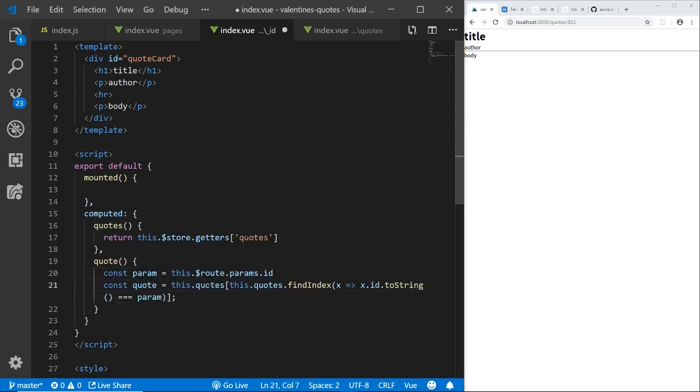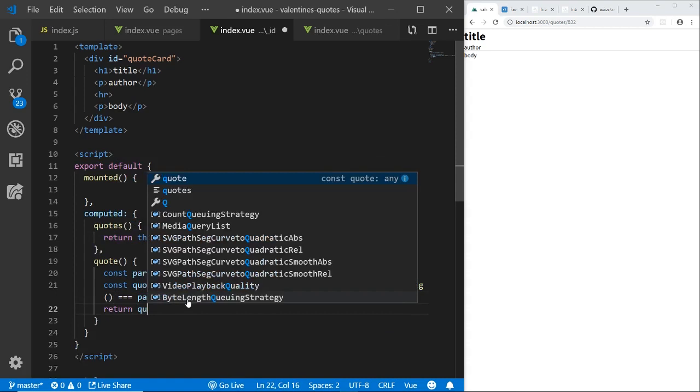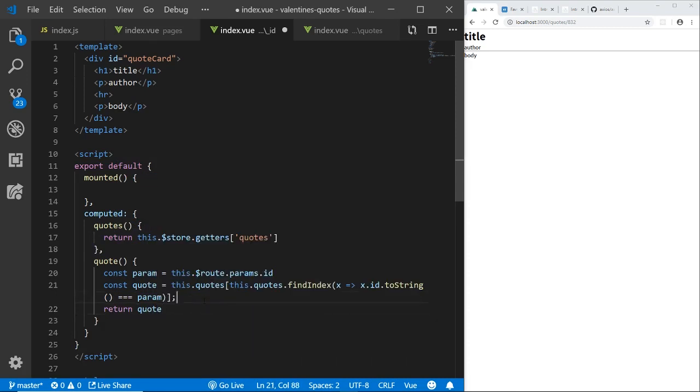And the param is correct. The quote would be this dot quotes at this dot. So this dot quotes would be this quotes. And then instead of console.logging the quote, we want to return the quote to our component. And then we want to use that. Instead of title, we want to use the quote